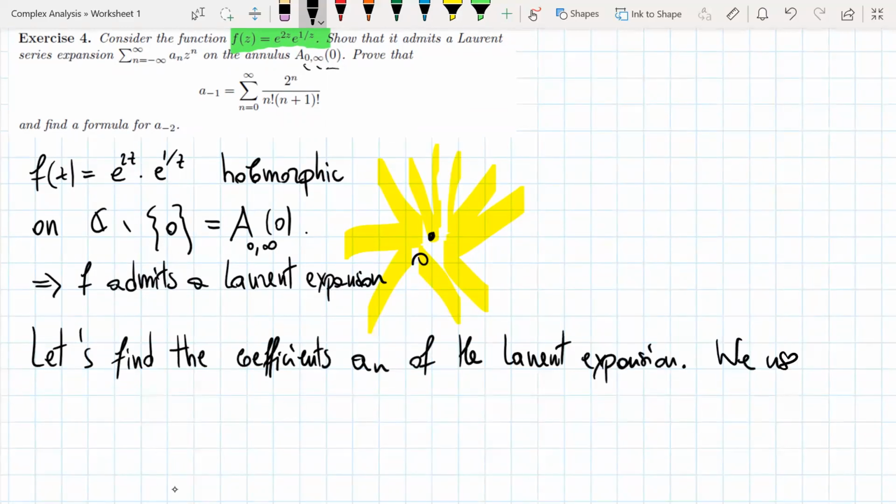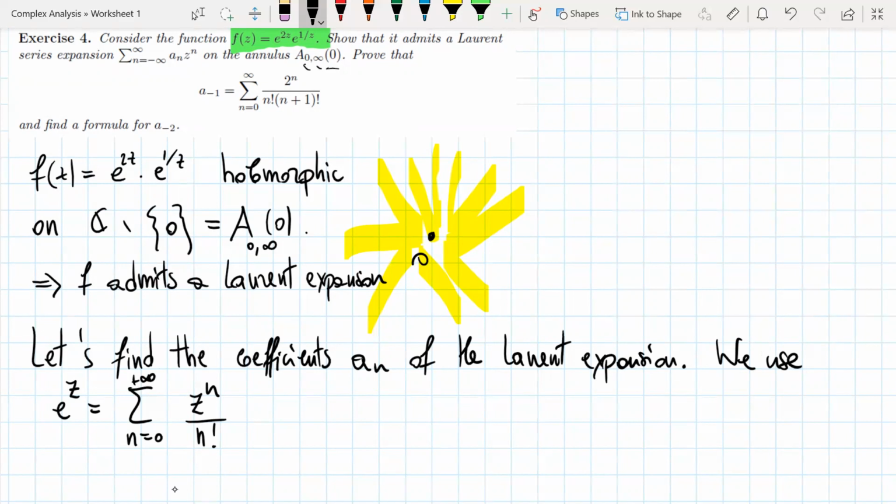We use that e to the z is equal to the sum from 0 to infinity of z to the n divided by n factorial. We are going to use this formula, but before that we are going to use a